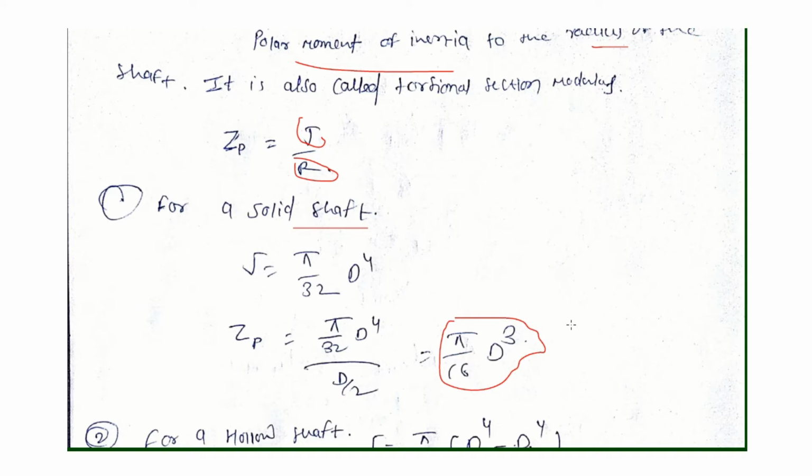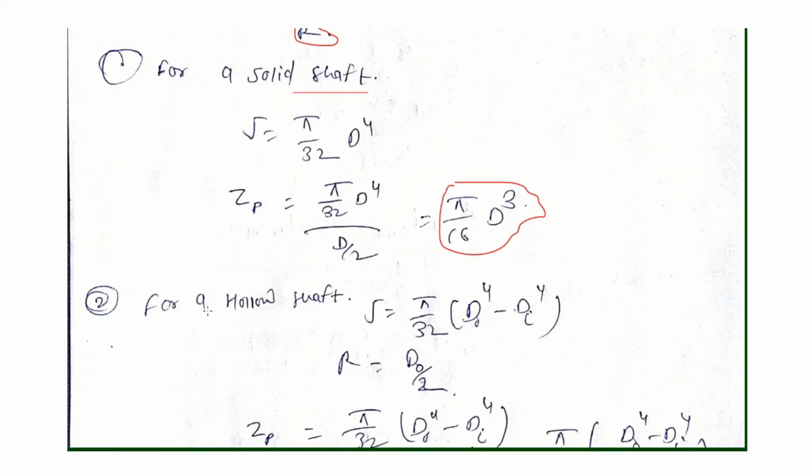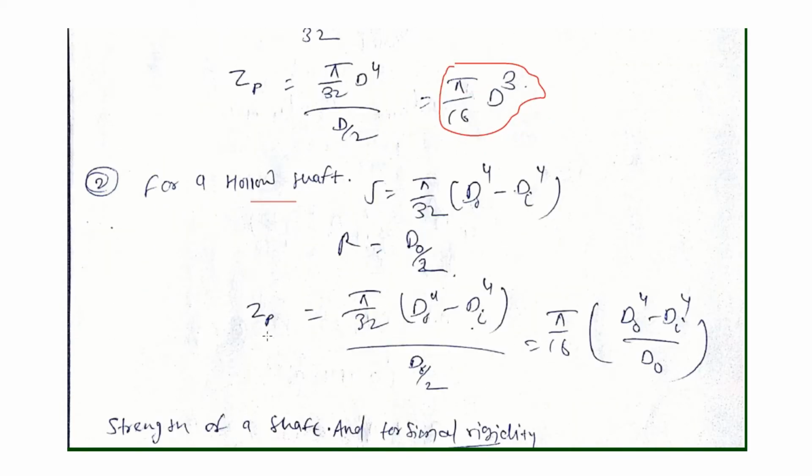in previous problems. And for hollow shaft, polar moment of inertia is pi by 32 (d outer to the power 4 minus d inner to the power 4), divided by d outer by 2. And now polar modulus is pi by 16 (d outer to the power 4 minus d inner to the power